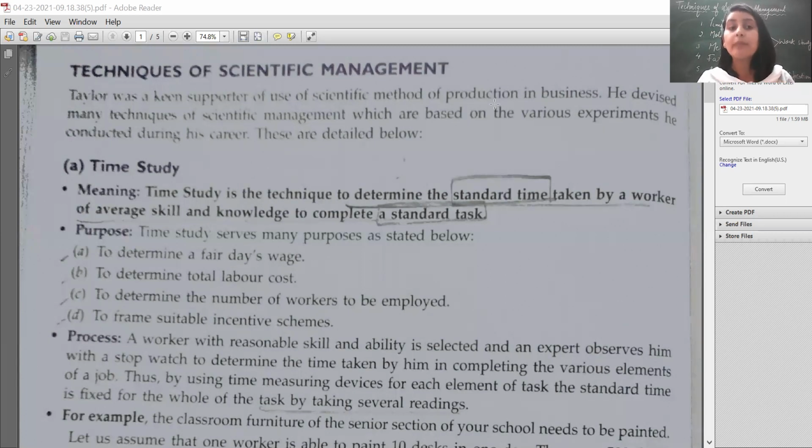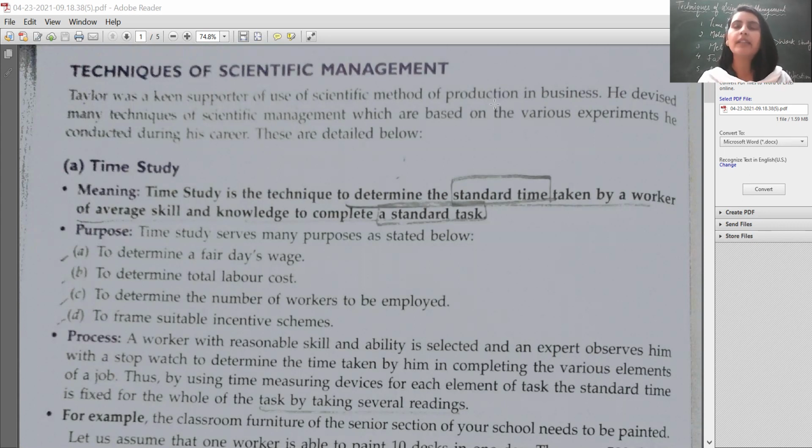So how will this time study be done? See, in an organization, you may have heard that all 5 fingers are not the same. Some fingers are long, some short. Similarly, in the company also, there are a number of persons and every person has a different level of efficiency. For example, we are running a company in which we are manufacturing some cardboard boxes, right?